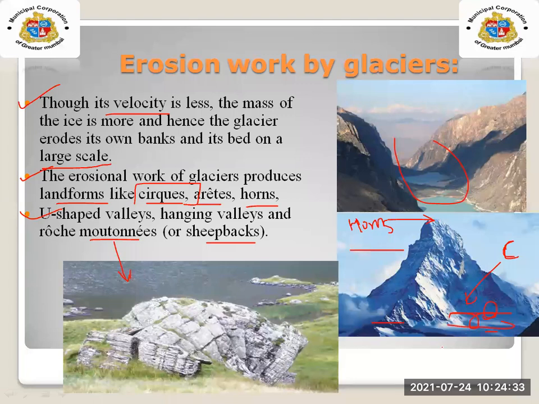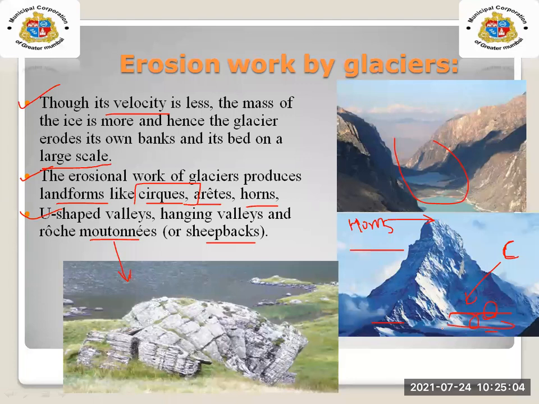While turning into ice, because of the pressure, some ice at the bottom turns into water due to the friction also. Due to the pressure, students, it will turn into ice or it will turn into water. This water starts flowing along the slope. If it turns into water, it will start flowing immediately.